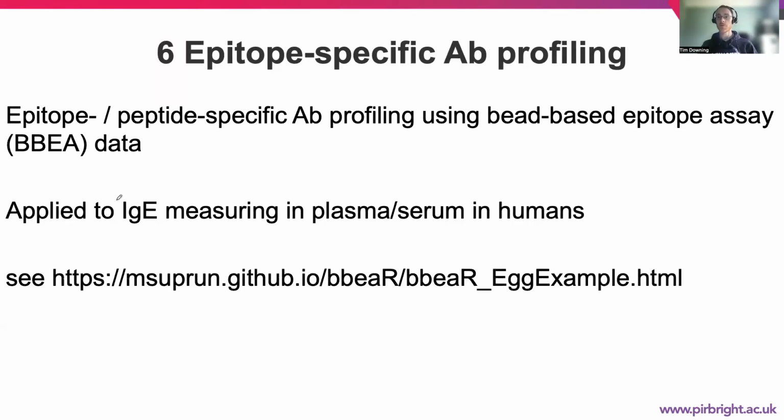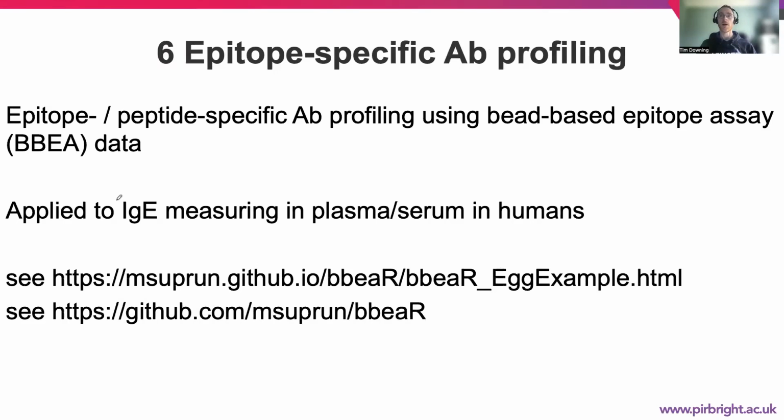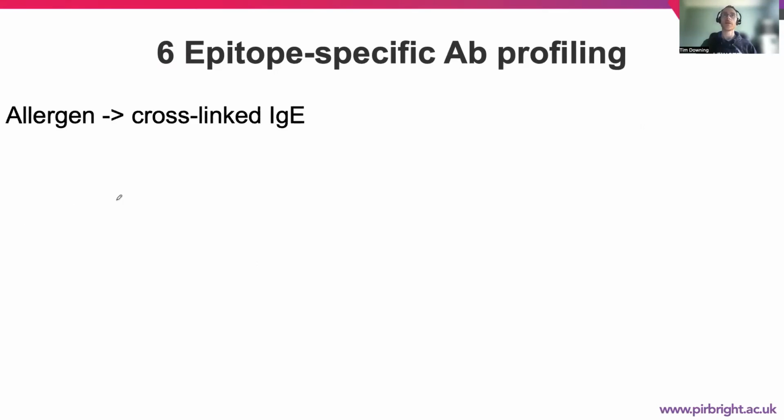And you can look at this website for more background that contains more examples of what we're doing here. So we're looking at an instance where we have cross-linked IgE that is bound to an allergen, in this instance binding to a particular egg protein,